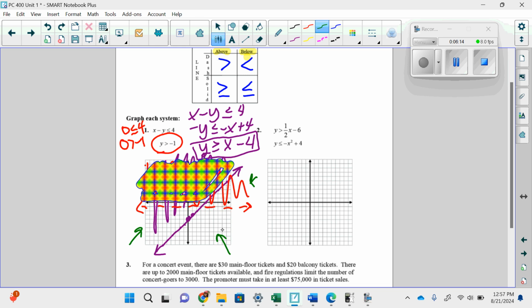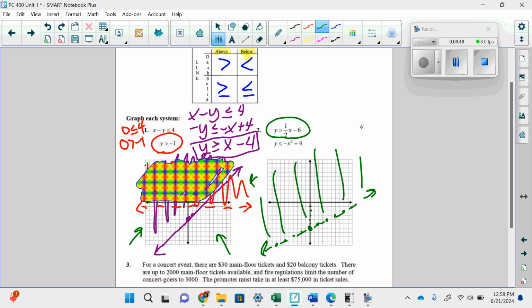All right, our second one, we have a line and we have a quadratic, so let's start with that line. y is greater than 1/2 x minus 6. Our y-intercept is (0, -6). 1, 2, 3, 4, 5, 6. And our slope is 1/2, so we're going to go up 1, right 2, because we have a positive slope. So up 1, right 2, double reverse. Dashed line, because we have strictly greater than, and our shaded region is up, because that's where y